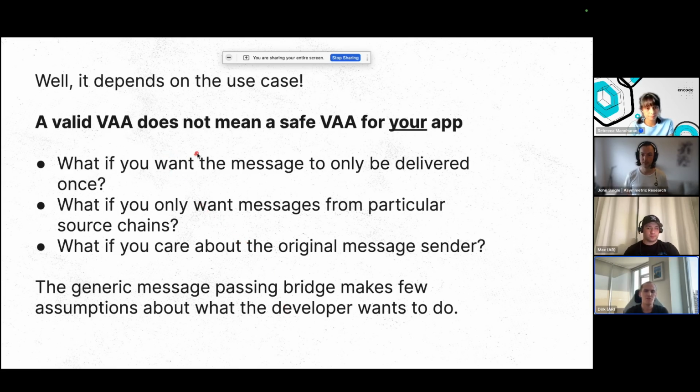There are lots of restrictions you can add to a VAA, but these are restrictions that are very application specific. Something I'll really stress about the generic message passing bridge is that it makes few assumptions about what the developer wants to do, which increases the security surface for developers and what they have to care about, but it massively increases the utility of Wormhole. It means you can make really interesting applications with Wormhole because it doesn't assume what you're going to do